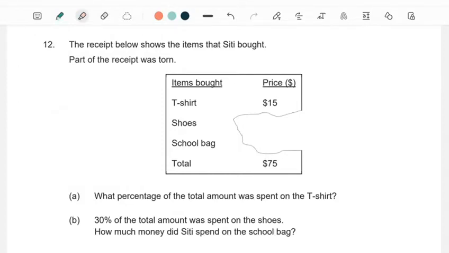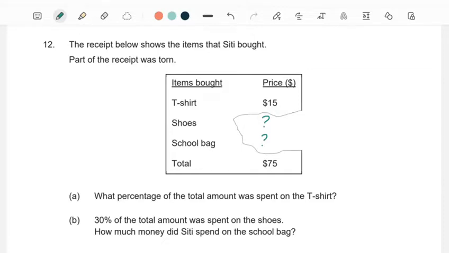So here we have the receipt shown below of the items that Siti bought. Part of the receipt was torn, and we know that the t-shirt cost $15. The shoes we don't know. Shoe bag also we don't know, but we know the total is $75. Now, part A of the question is asking us to find what percentage of the total amount was spent on